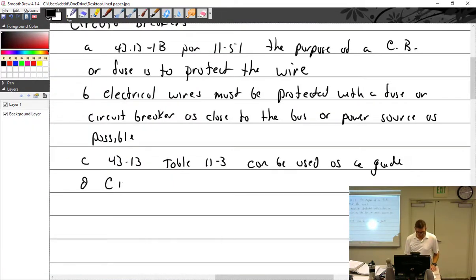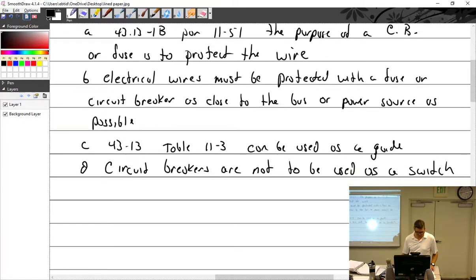Circuit breakers are not to be used as switches. This is a rule I don't like right here. If an aircraft uses fuses,